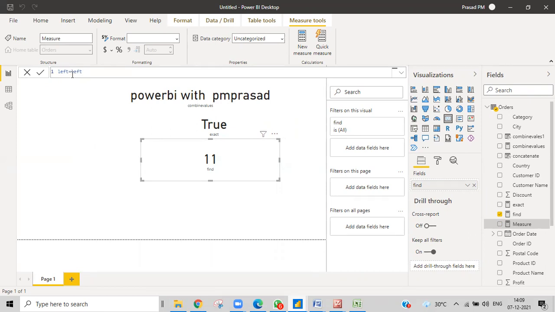Just the measure name should not be repeated. If you have the same name, you can add numbers or something else. To help you understand easily, that's why I'm writing the same name. LEFT of a string. Just hard code that, then you can find that one.